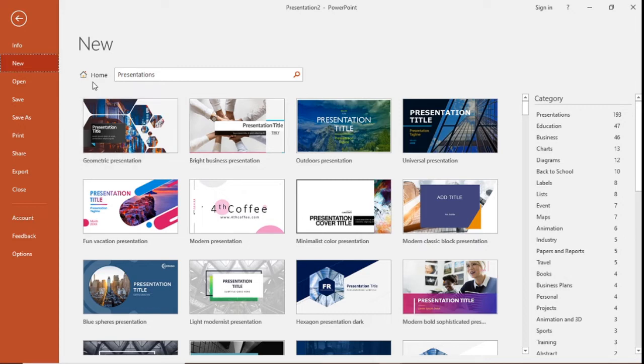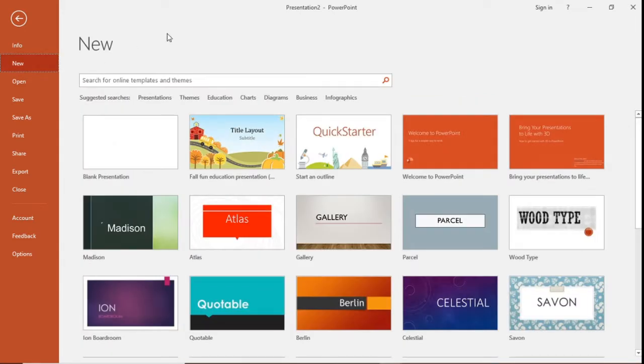In this we are going to see various features of Microsoft PowerPoint that are available in PowerPoint 2016. Certain features are available in the previous versions also, so you can explore and find whether these features are available in the previous versions. But now I am talking with respect to Microsoft PowerPoint 2016.